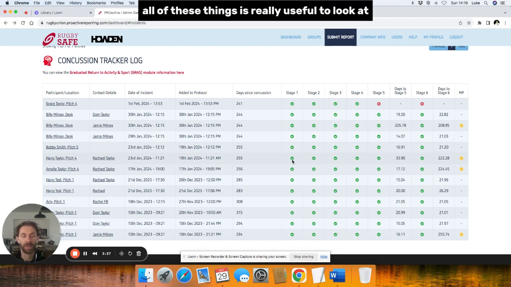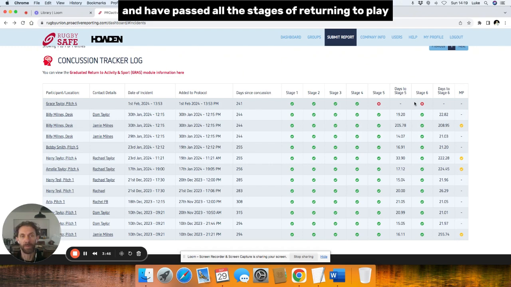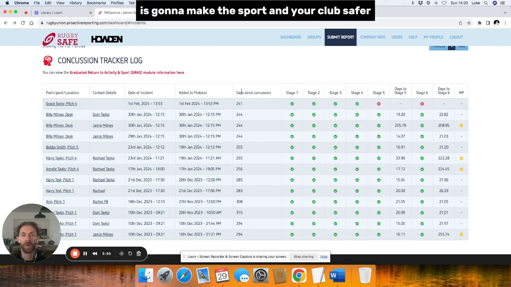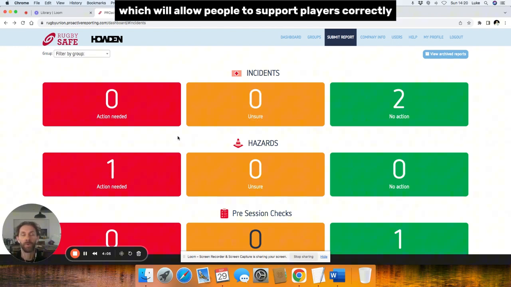It's really useful to look at as a broad picture, but then more specifically, you can make sure that specific individuals are at the right stage and have passed all the stages of returning to play before they get back into action, which in the long term is going to make the sport and your club safer. So that's a little bit on the dashboard, which you've hopefully had a look around already. And then in the next video, we're going to look specifically at how to submit a report on a concussion, and then the follow-up steps from that, which are going to allow people to support players directly back into